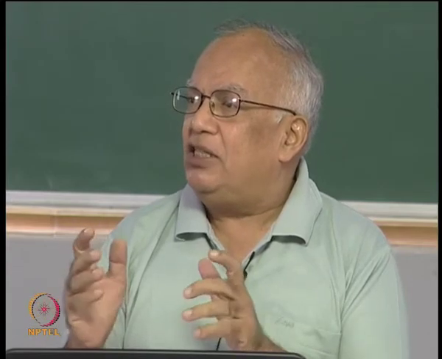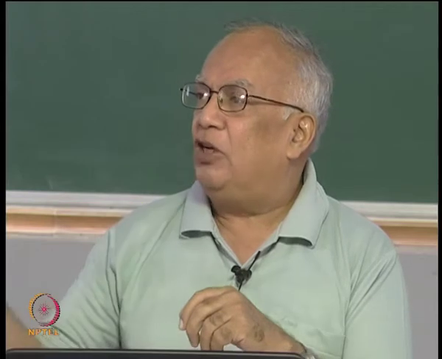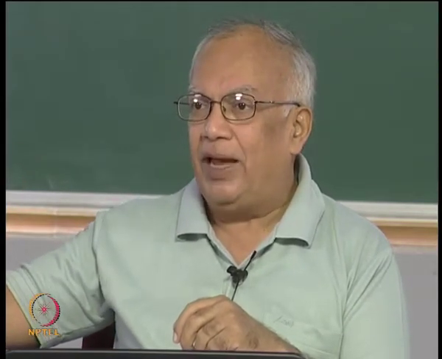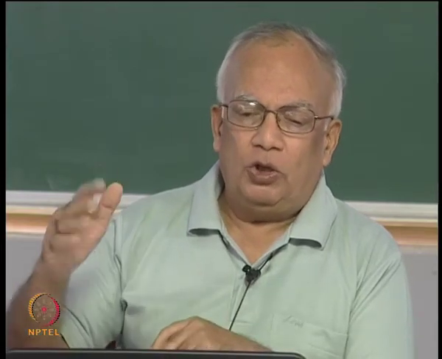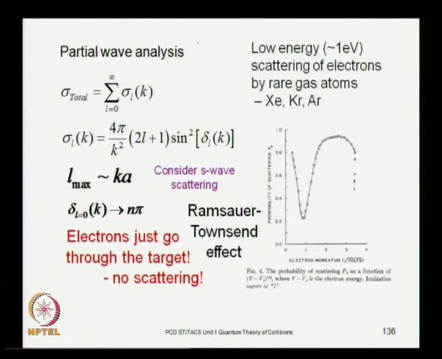and if you remember, when we discussed some one dimensional analogs of scattering, I had mentioned this, and even in one dimensional problems you have this transmission coefficient and reflection coefficient, and that shows some oscillations, if you remember that, but I do not want to get into one dimensional problems at this stage. So the Ramsauer-Townsend effect you can see in various experiments,